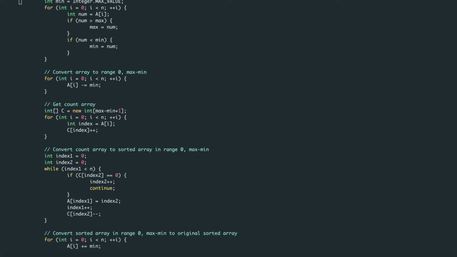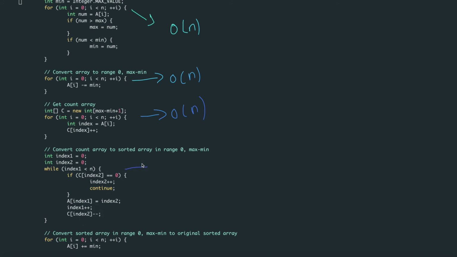This loop goes from 0 to n minus 1, because at n it stops, so this is order of n. This one is again order of n, and this one is again order of n. This one is interesting: for each index, it may go to the very end of the count index, and then start incrementing the index.